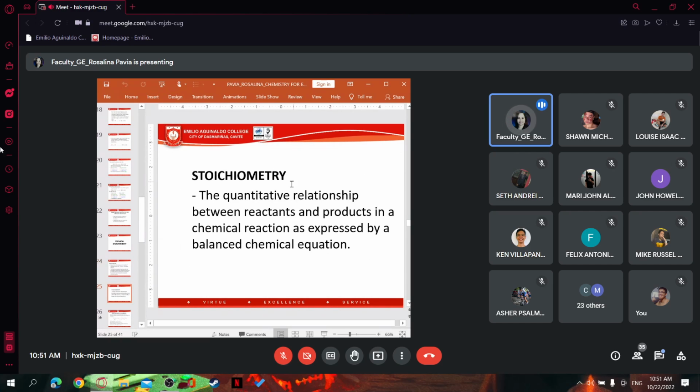So, stoichiometry is the quantitative relationship between reactants and products in a chemical reaction as expressed by the balanced chemical equation. So, the quantity of the amount of reactants and products are dependent on your balanced chemical equation. If you got a wrong balanced equation,